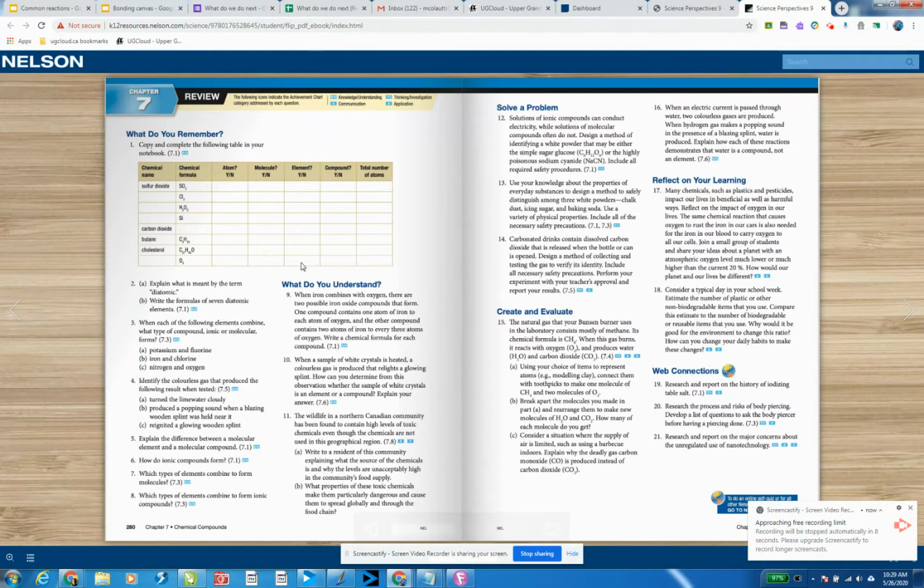So this is an example of a question that is not worth the effort to write it down, as far as I'm concerned. But you're supposed to know what diatomic